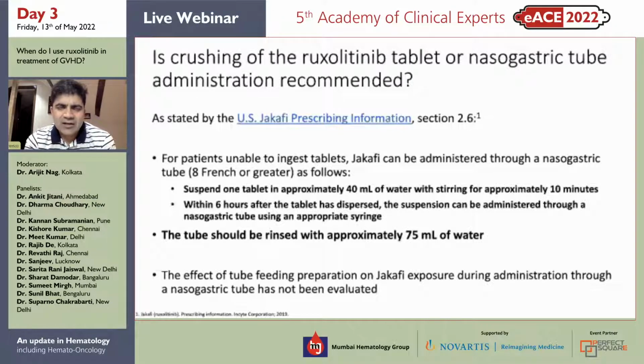And there is some data in smaller studies where they have used crushed formulation, and they have seen that it's pretty good, okay to use. But I think syrup would be a good addition to the formulations. I think they should get it as soon as possible in India. As I said, we enrolled in the REACH 5 study. Their syrup is available for younger children, but that's part of the trial, not commercially available yet.